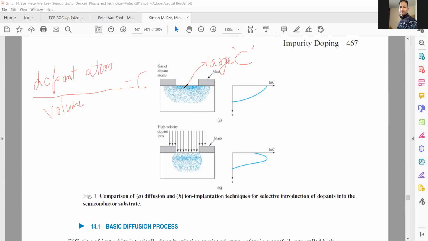Okay, and as we move down from the surface to deeper distances, what happens? Your dopant concentration will be smaller. So as you go deeper in the substrate, the dopant concentration will be lower. And you know that the diffusion process basically happens from larger concentration to smaller concentration. So if sufficient temperature is there, then from the large concentration area, dopants will keep on diffusing towards the small concentration area.